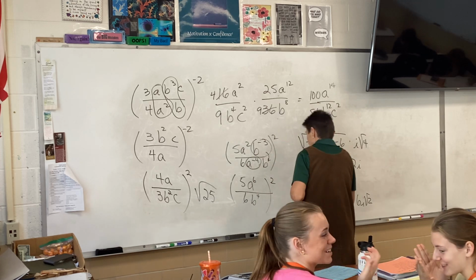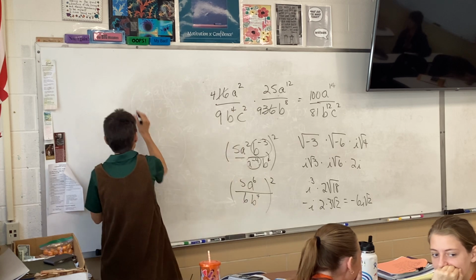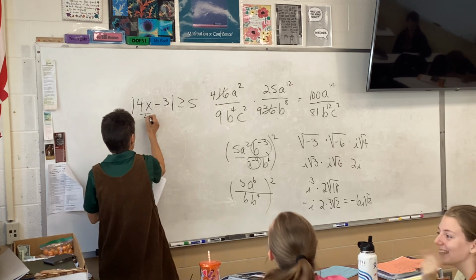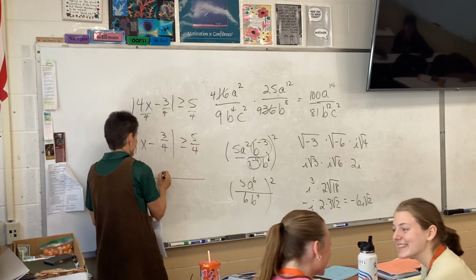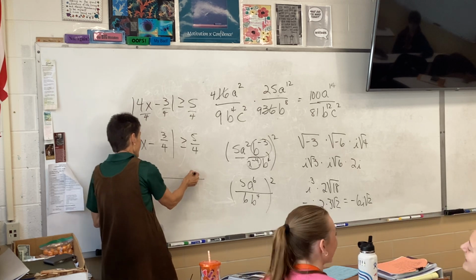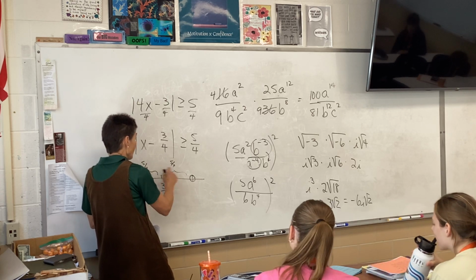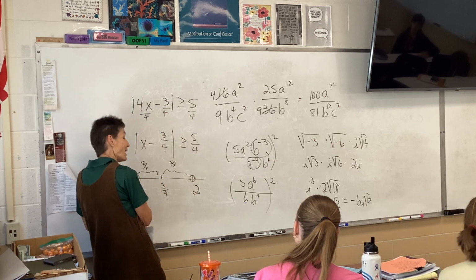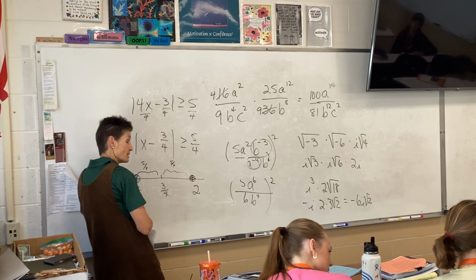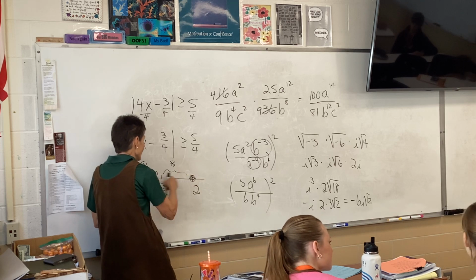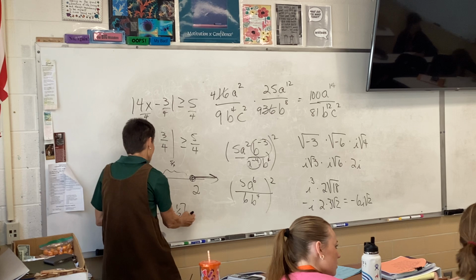The way I'm gonna do 8B may or may not be the way you're gonna do 8B. How you do it doesn't matter to me, we're not using calculators. I'm gonna think of it as a distance, so I'm gonna divide everything by 4. It says the distance between some number and 3/4 is more than 5/4. So here's 3/4 on the number line. I'm gonna count out and back 5/4. 3/4 plus 5/4 would be 2. 3/4 minus 5/4 would be negative 1/2. It's greater than or equal to, so I'm going to close in the dots. And I want the distance to be more than 5/4, so the numbers have to be out here or back here. So negative infinity to negative 1/2, or